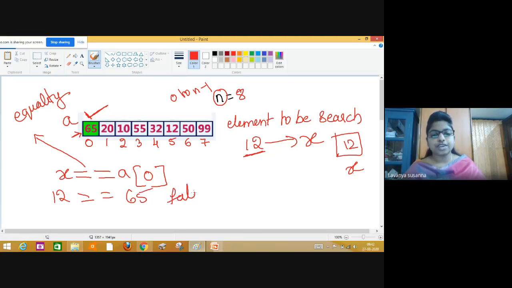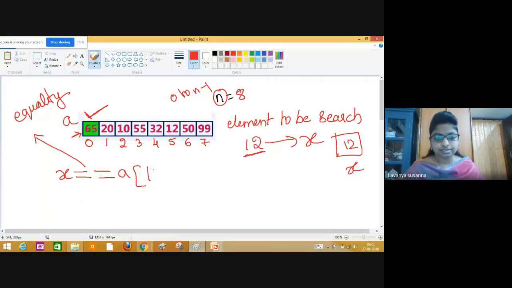It is false. When it is false, you compare again with the next element. How to compare with the next element? A of 1. A of 1 means 20. X is 12. 12 double equal to 20. True or false? False.